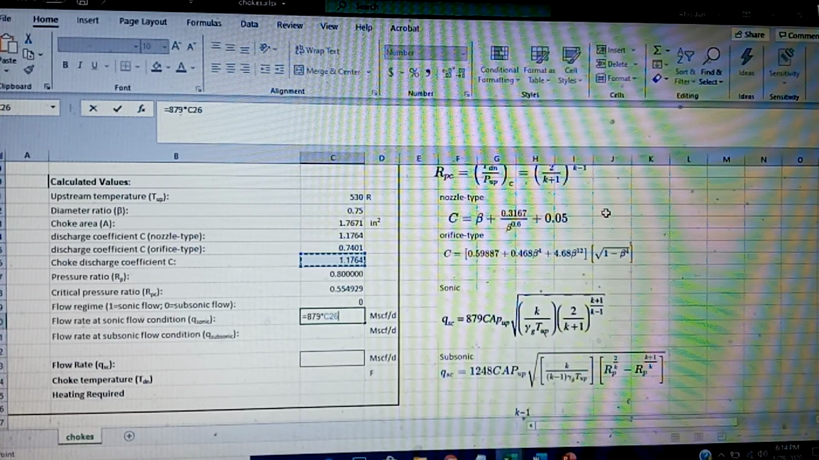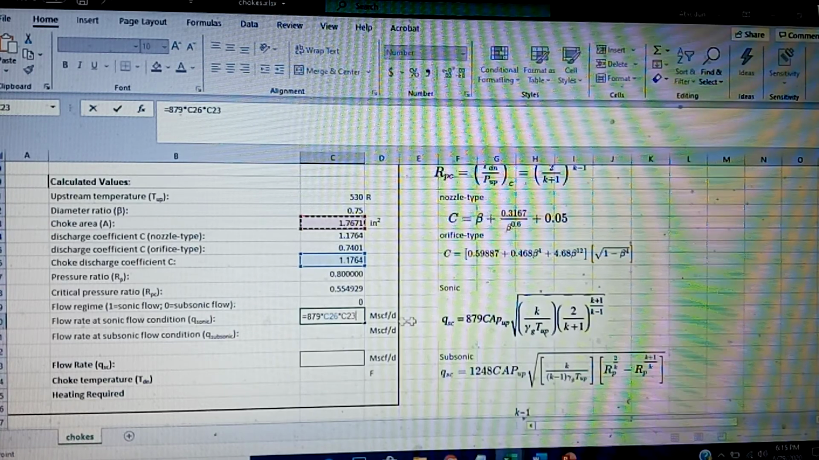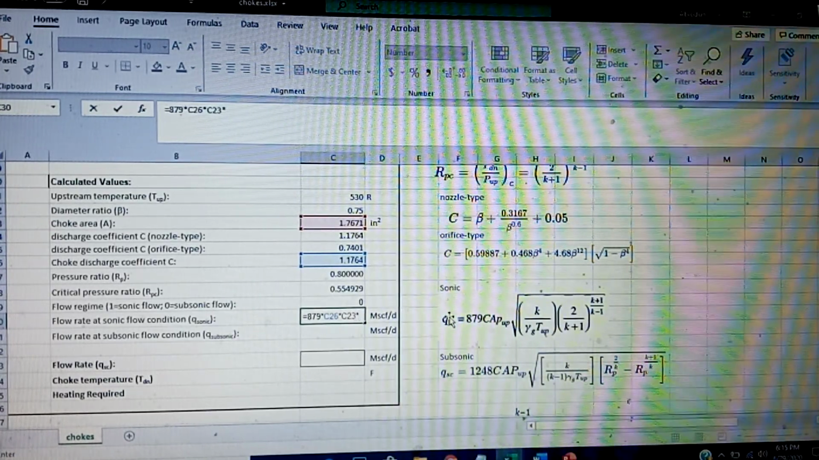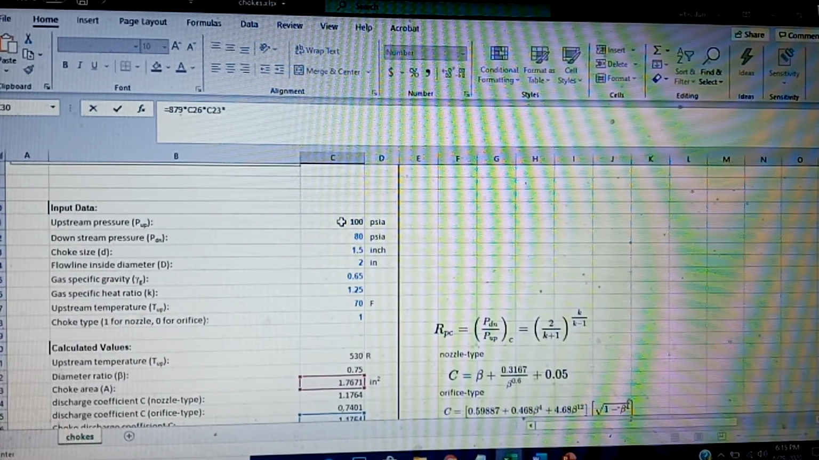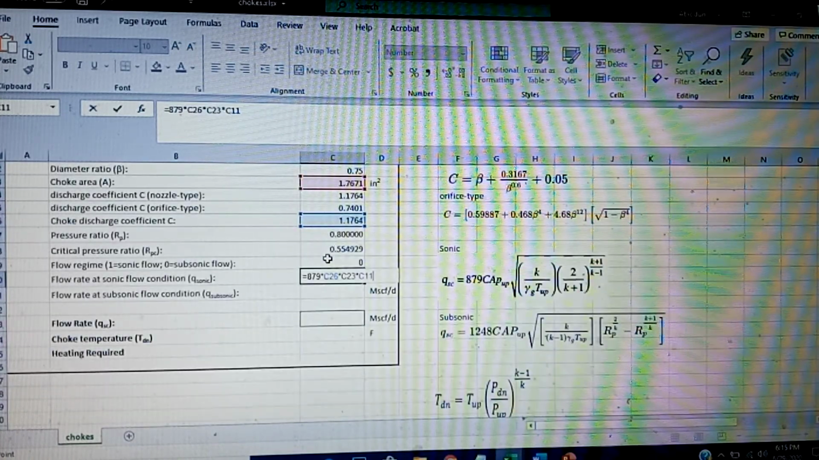Then multiplied by star the cross-sectional area, which is C23. I click on that. Then multiply by the upstream pressure, which is C11. I have to go there. C11. Okay. Then multiply by